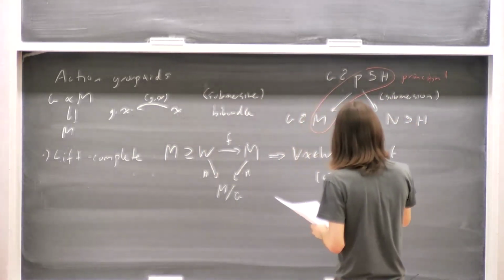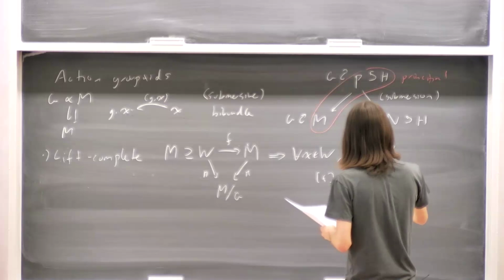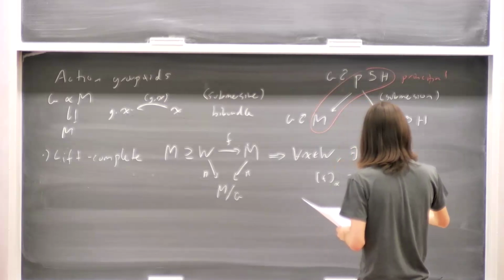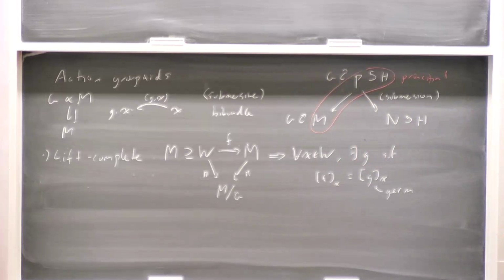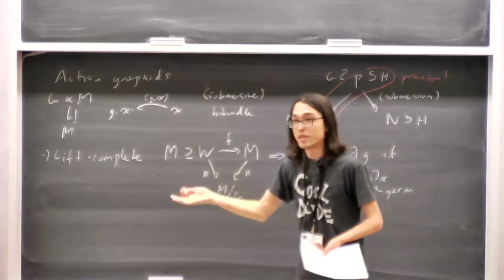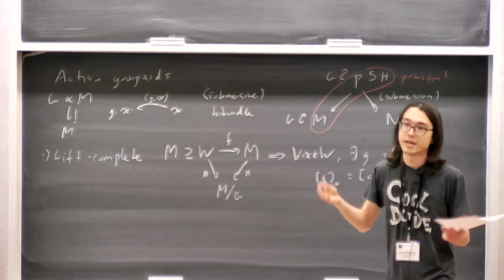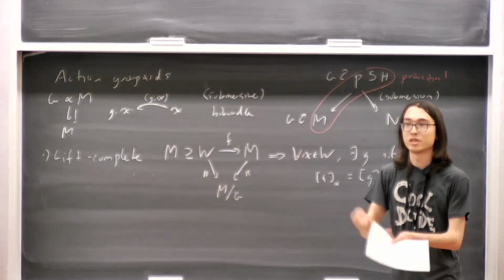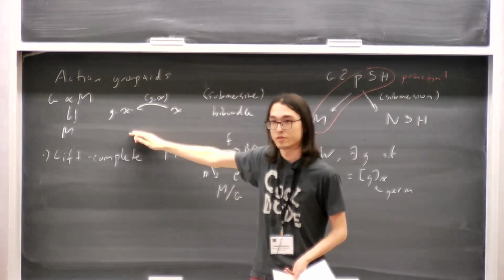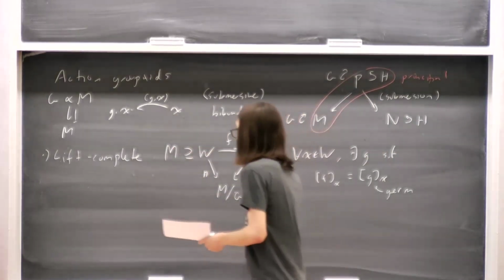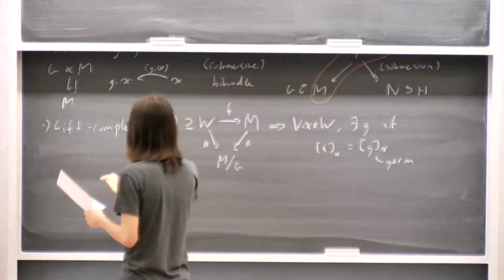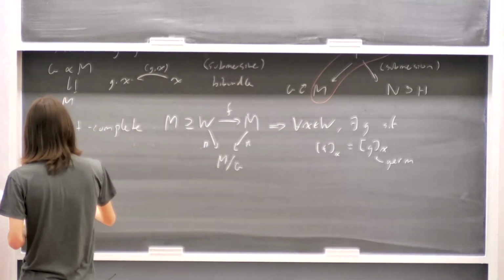the germ at X of F is the germ of G at X. So this is my notation for germ of a function. And it means that the only things that lift the identity are basically the group elements and nothing else. That's why it's lift complete. The only lifts are already here. There's no other lifts. And this Q condition is lift complete,